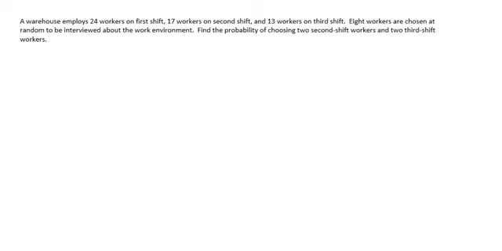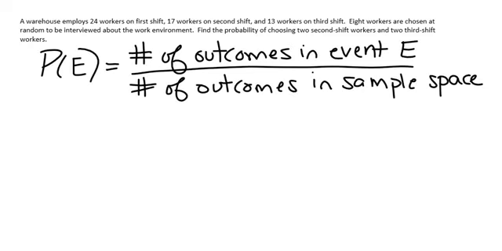For this problem, we're going to use classical probability as the base for our calculations. Classical probability is equal to the number of outcomes in event E over the number of outcomes in the sample space. The first thing we're going to look at is the number of outcomes in our sample space. The total number of workers that we have